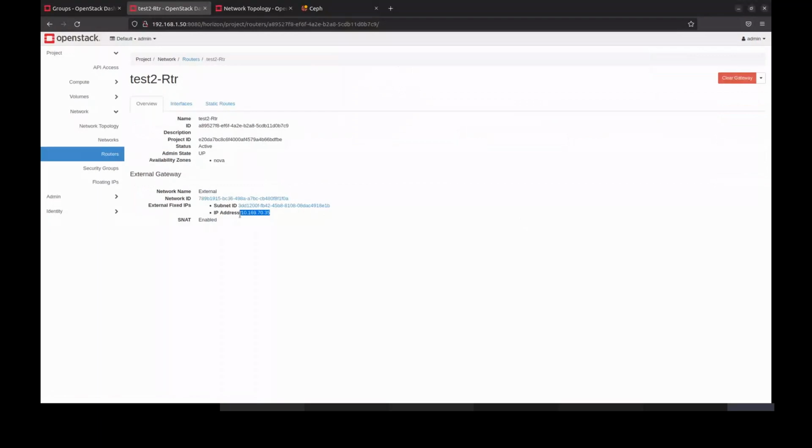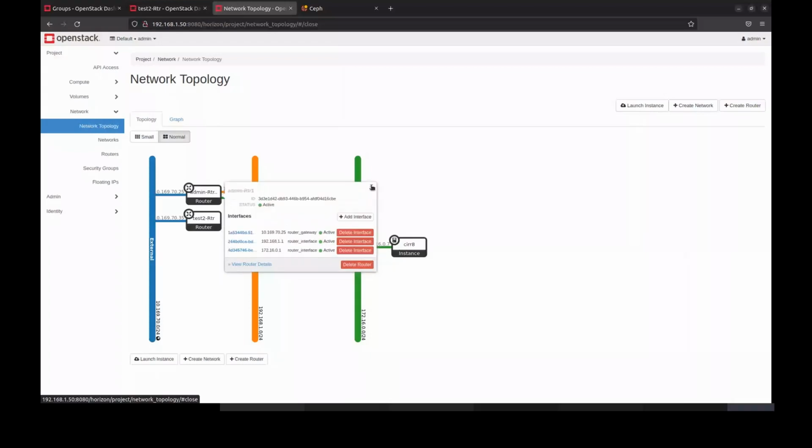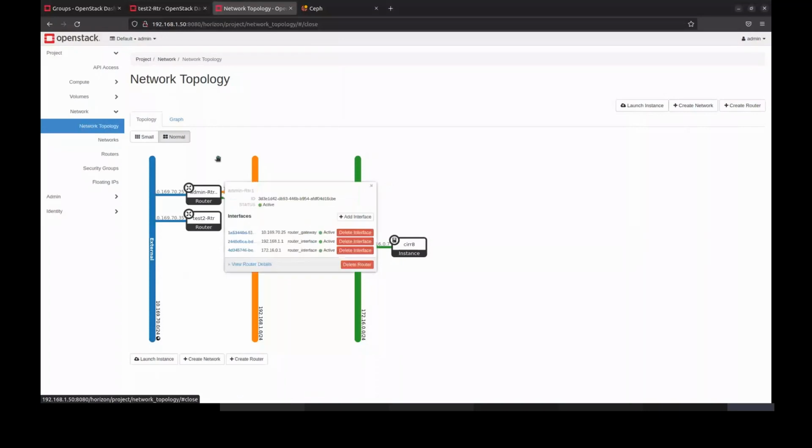Again, an end user cannot see this. It's only because we are logged in as an admin that we can see all these things, right? If I go back to the network topology, I'll be able to see how my router is connected to internal virtual networks and how it is getting the physical IP addresses, right? So physical IP addresses are present on the router for NATing purposes. Actually, I wouldn't say NATing. In pure networking terms, I would call it PATing. All the traffic originating from this particular instance goes here, and the router does a port address translation and sends the packets to the internet using this particular IP address